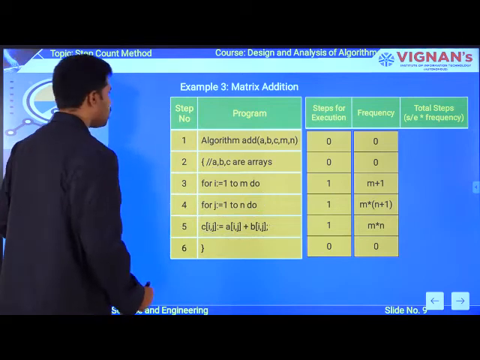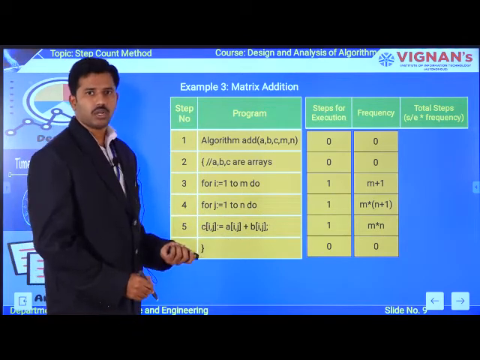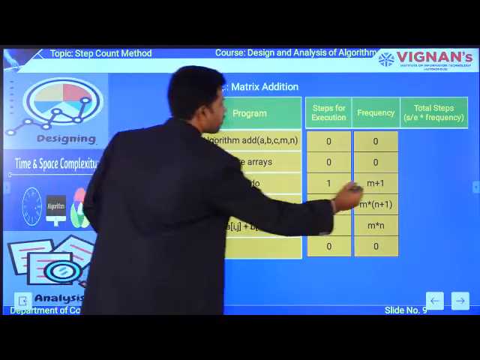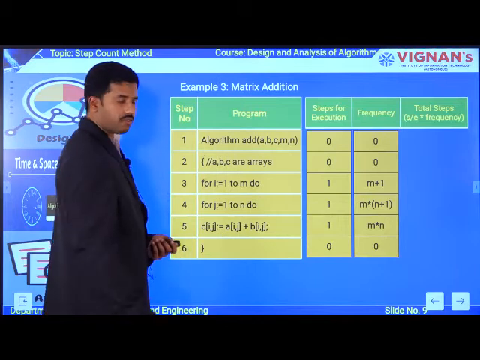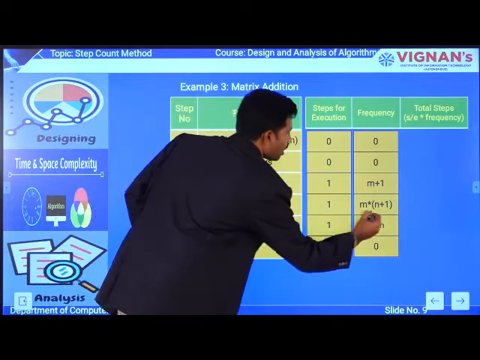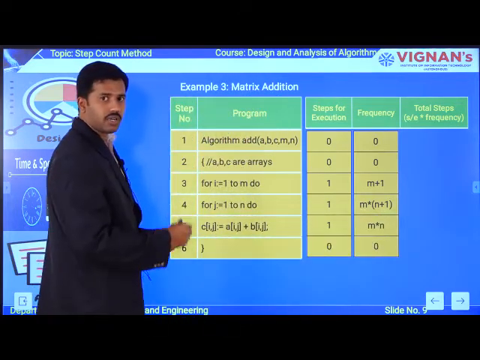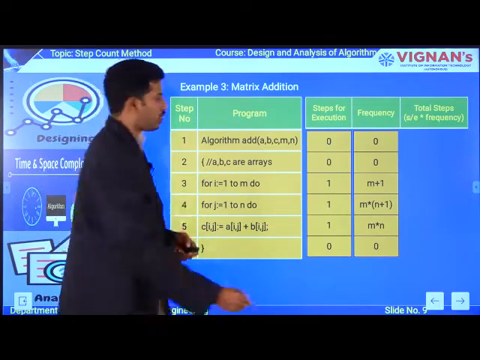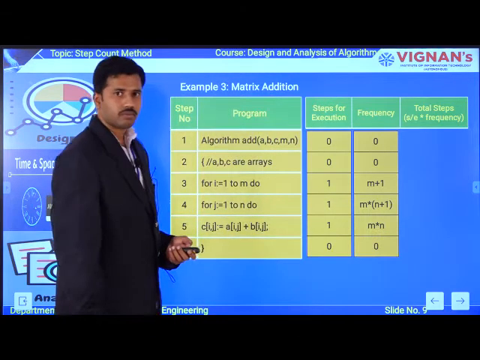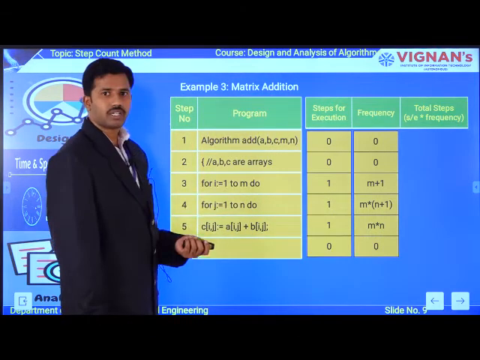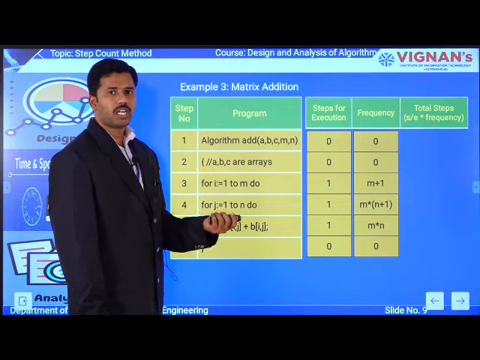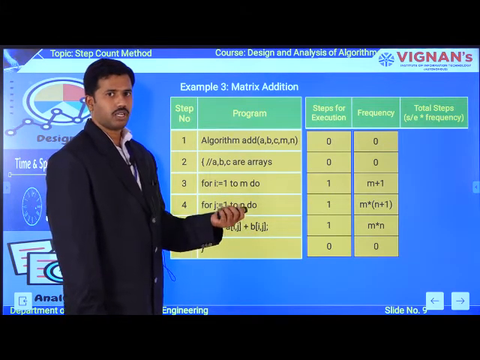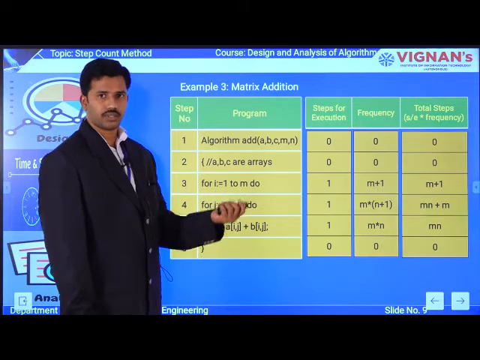Okay. So likewise, first of all you need to trace the algorithm to update the values like this. So the frequency for the third instruction is m plus 1, and the frequency for the inner for loop is m of n plus 1, and the frequency for the statements which are available inside these two for loops is m into n. Okay. So now we update the third parameter by applying the multiplication operation on the first parameter as well as the second parameter. So the values are going to be updated like this.